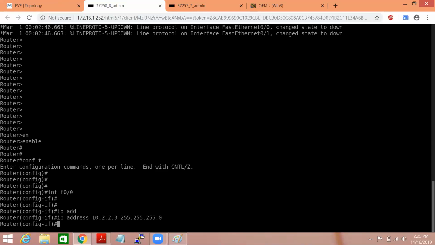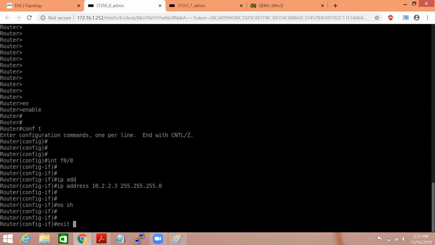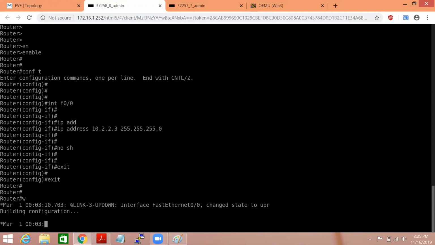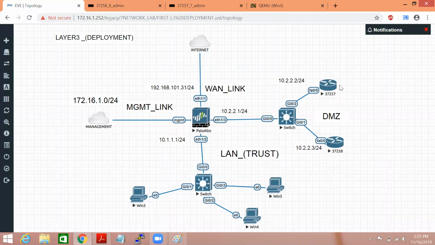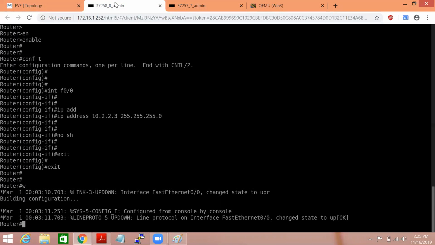So the interface gets 10.2.3 with mask 255.255.255.0, then no shut, exit, exit, right. So this is DMZ device 1, this is my DMZ device 2.